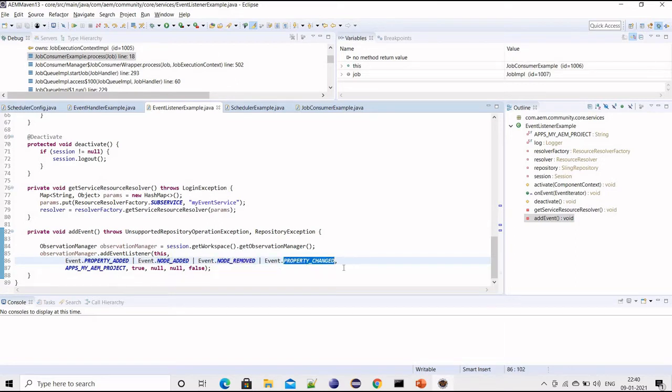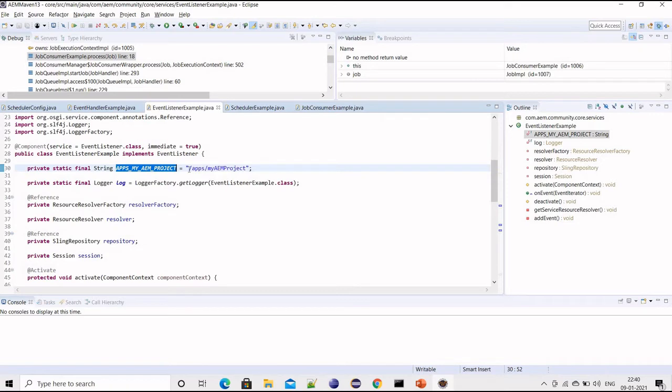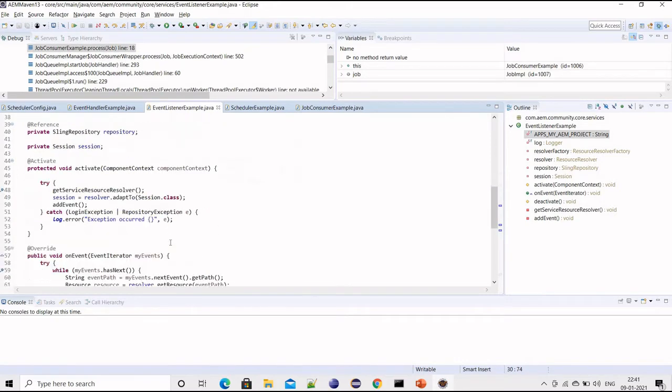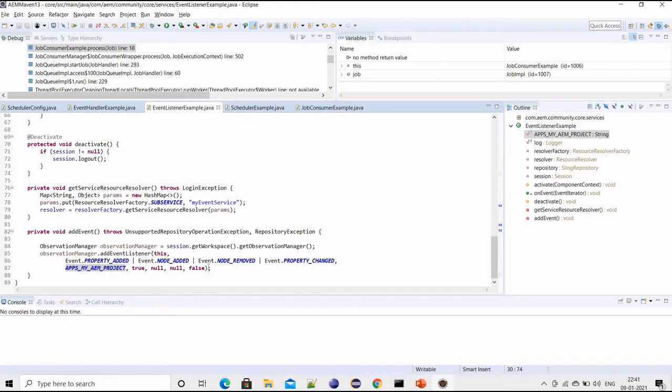Another parameter is on which path we want to invoke it. So if I see, this is my path. What I'm saying is, under this apps my AEM project, this is my folder structure, if any node is added, any property added, any node removed, or any property changed, for that I am adding this listener.